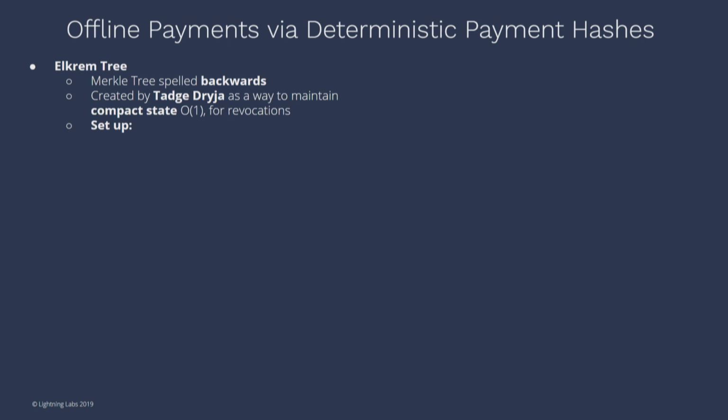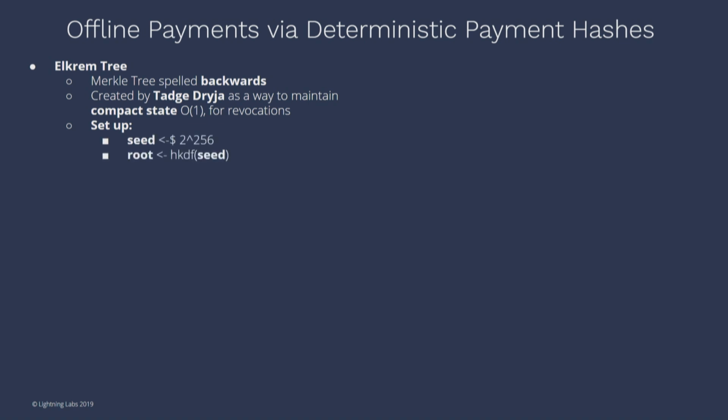So this is a response to the question of how we ensure that you can actually synchronize payment hashes, right? Ideally, if the offline vending machine makes a payment hash, then the online node is able to get the preimage for that payment hash itself. Otherwise, it wouldn't be able to pull the payments. So we're going to use something called an Elkim tree to allow these individuals to deterministically generate these payment hashes amongst themselves, to ensure that it's able to settle any payment that comes through.